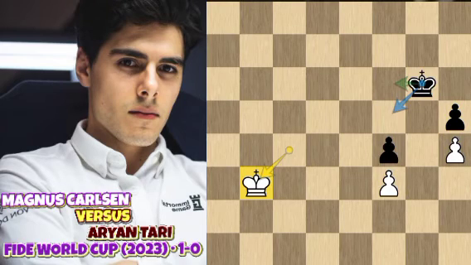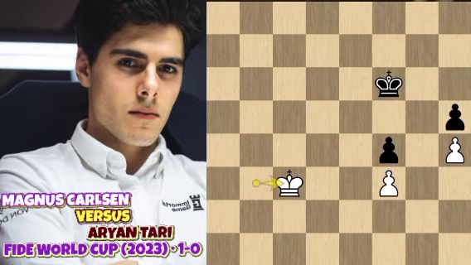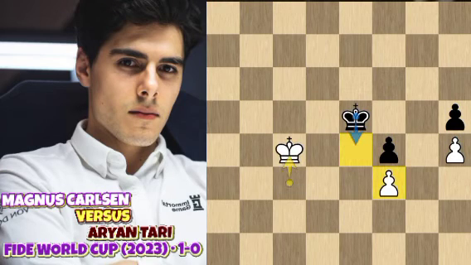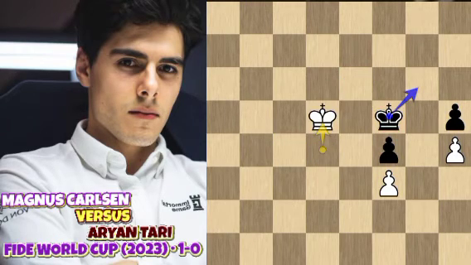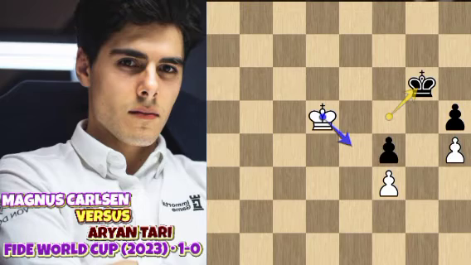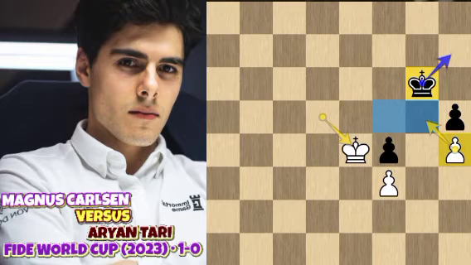So for example, after queen takes b3, and if you try king f6, again trying to have some opposition, for example with queen c3 and after king to e5, but still there is king to c4. Like I said, there is no king to e5 to go for the opposition because there is a pawn. So after king to e6, going to the opposition, but after king to d4, king f5, and king to d5, again white here is in the opposition against this black king, and after the king moves to king to g6, there is the simple king to e4, and again this pawn has no defense. This king cannot go to this square because there is a pawn, and again white here is actually winning